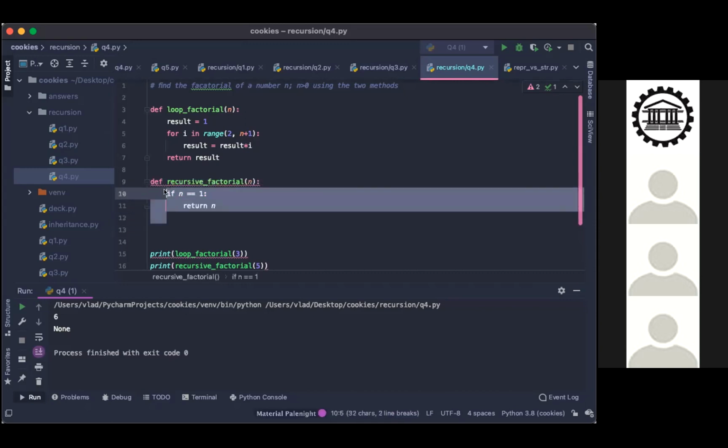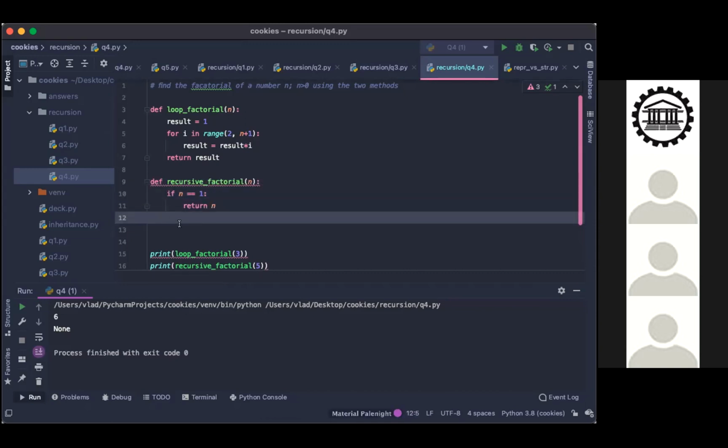So we have our base case, right? Now we need the recursive call. What do we do with that? Yeah, okay. So we would have to keep multiplying it by a number. But since we're saying the base case is 1, we're checking that if n equals 1, then that means every time we call our recursive function, we want to pass an argument with a decremented value of n.